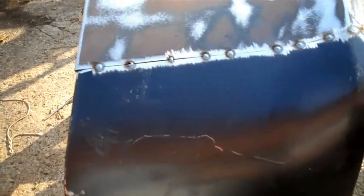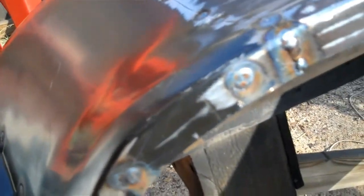And here we have the patch. Well, it's actually pretty much welded in. As you can see down here, I've done the rosette welds along the bottom, and the rosette welds along the wheel edge, and did a little bit of a stitch weld right there along the inner edge. So anyway, I just need to come back in here and